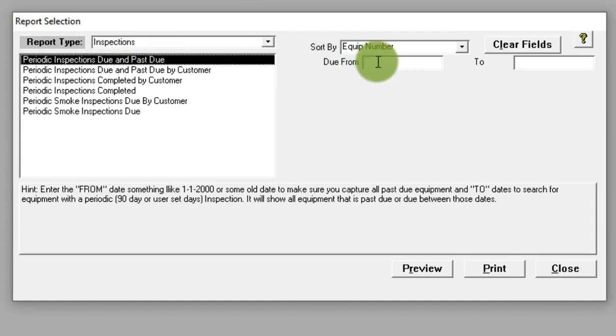And so what we're going to do here is we're going to choose due date from, and we want to go back in time so we catch everything that might have been missed in the past. So I'm going to use 1/1 of 2000, so 01-01-2000,